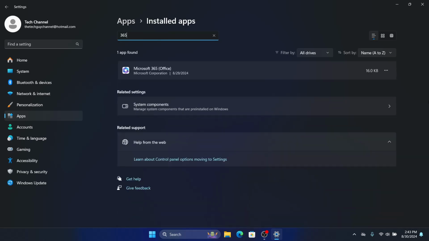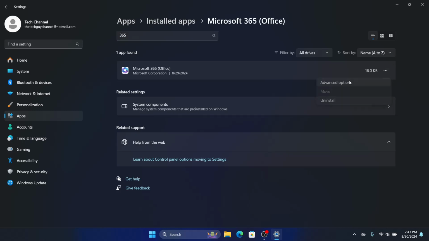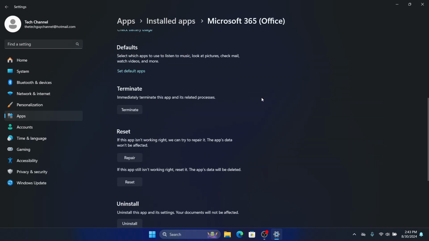365 and we will click on the three buttons here, go to advanced options, click on repair and wait for the tick button and then click on reset and wait for the tick button. Again we will check with PowerPoint if this file is getting saved or not. It should usually by now get saved after all these steps, but if it doesn't, then we need to